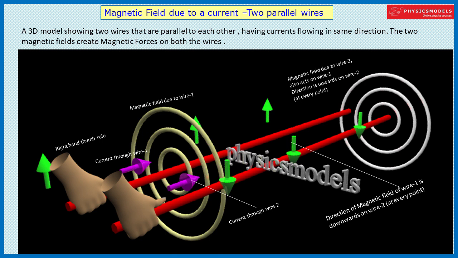The green arrows show that the magnetic field of wire 1 is passing through wire 2, and that creates a situation where you have current flowing forward, magnetic field going downwards, and therefore